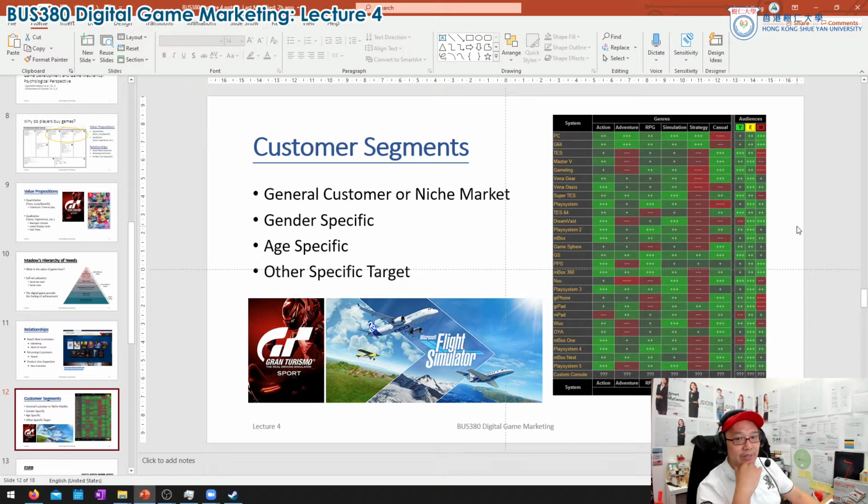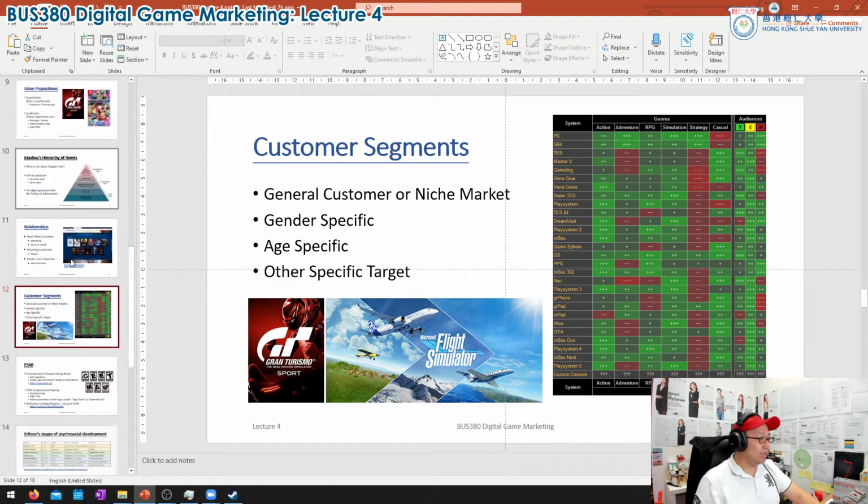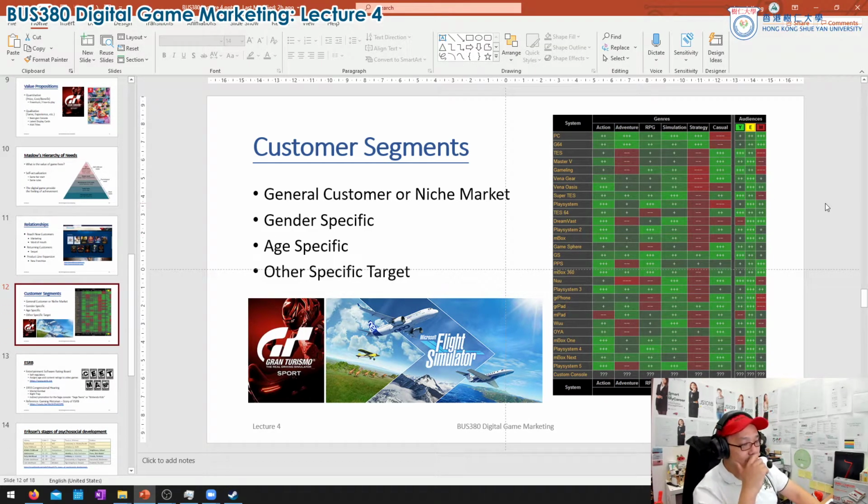Now another thing is about the customer segments. Another point that I would like to talk about is about customer segments. The game that I have showed you is called Game Dev Tycoon. You could pick the platform, and in fact the platform is associated with a particular group of audience. So the game itself, the Game Dev Tycoon simulation, is actually a simplified reflection of what is happening to